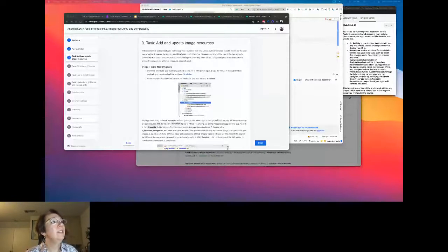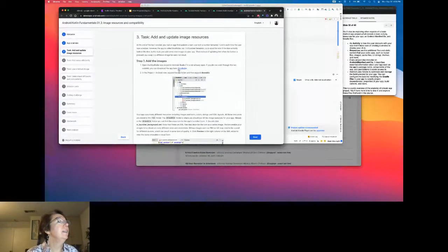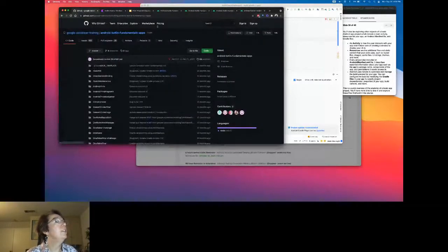So I'm noticing here on this task that you can get the dice roller. It mentions the dice roller app, and I have that page on GitHub open. If you're not familiar with Git, if you haven't used GitHub,